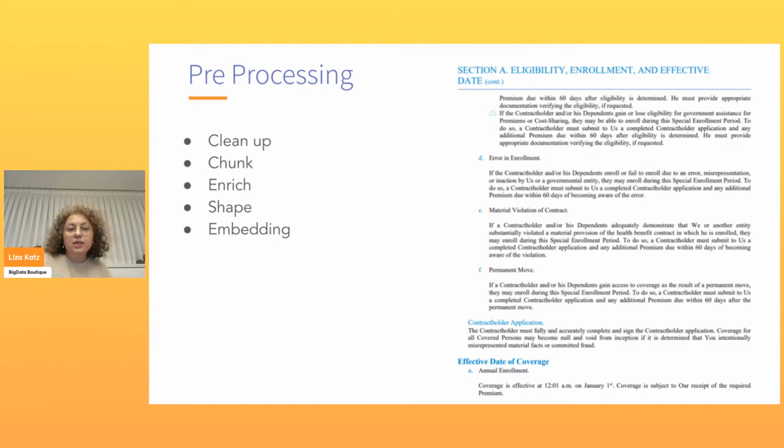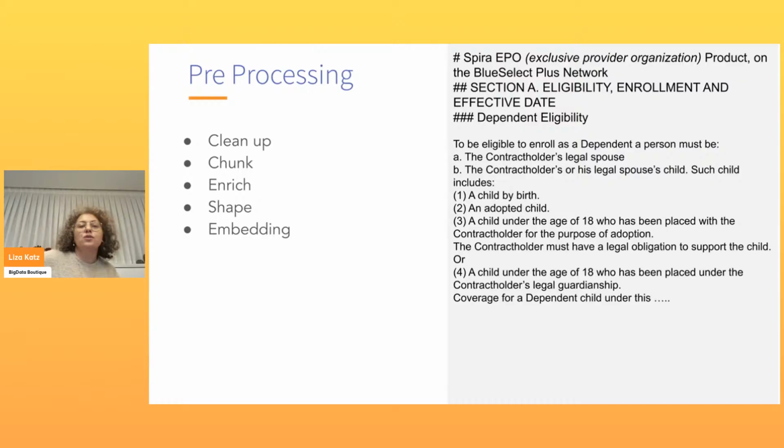After understanding what my chunking strategy is, I might want to add some information. In our case, we will probably add the titles from the hierarchy that we have, but we can also retrieve additional information from other sources. Once we have all of the resources to prepare a chunk, we're going to shape it. And this is where something interesting happens.